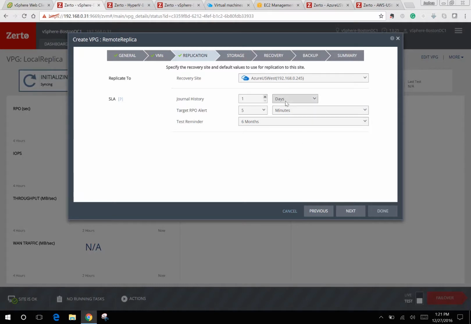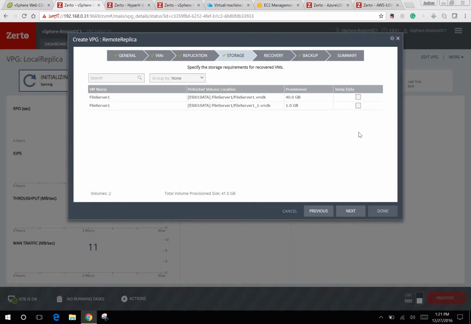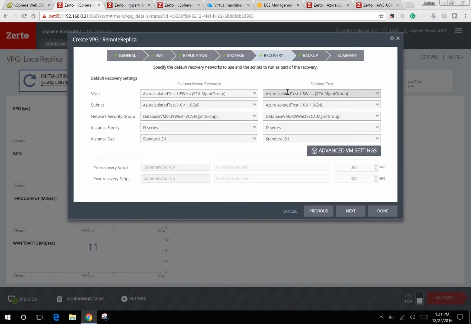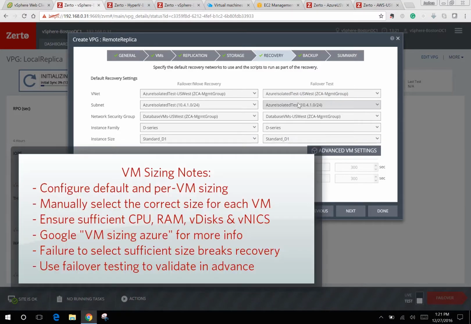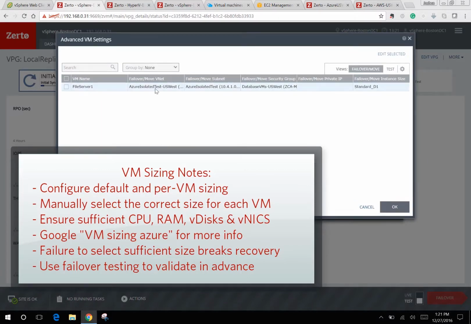I still get my SLA settings around the journal retention and the RPO alerts and test reminders. I can still select the temp data capability, but again, there's no concept of data stores. It's all stored in a storage account. But one thing that's very important is I can select the VM network, the subnets, the network security groups, and the instance family and sizing of all the VMs by default in the group. And I can change this for each VM